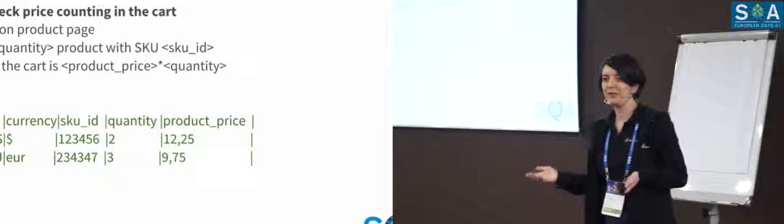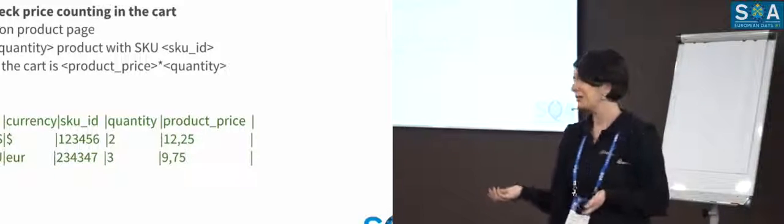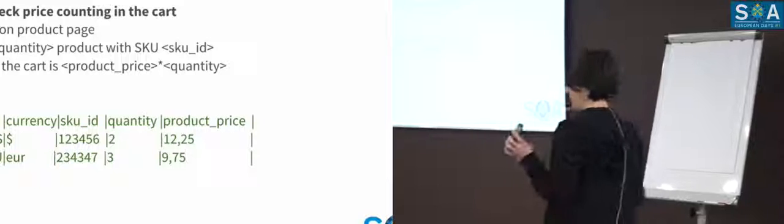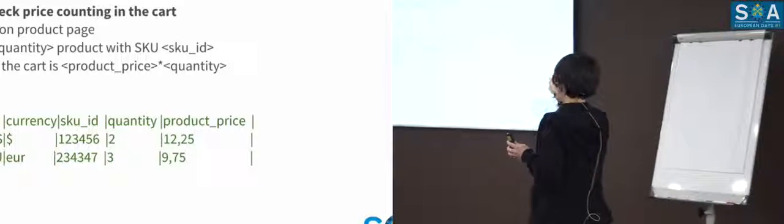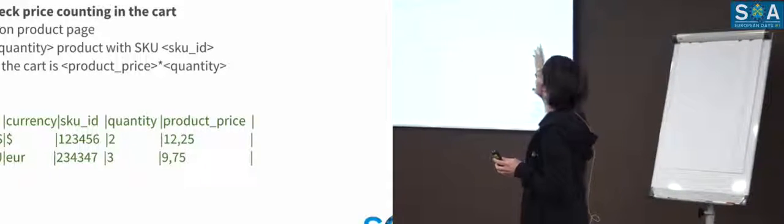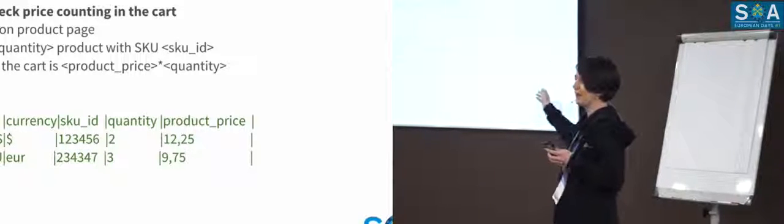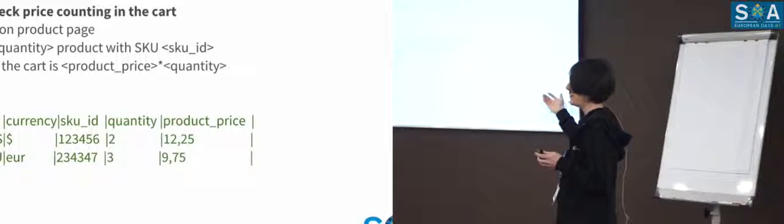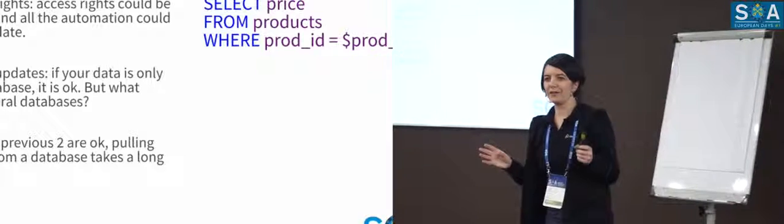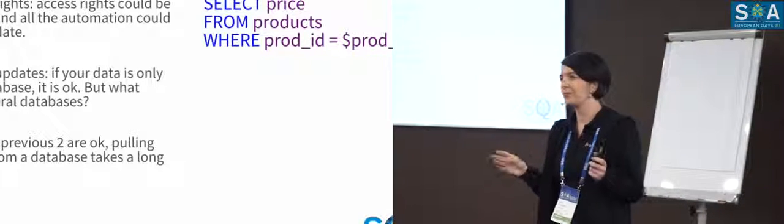But in a month, the test data is updated, and in the optimistic scenario, the product price has changed and the test is red. And in a more pessimistic scenario, we have no such product in the database anymore. The test is still red. Okay, that was the simplest way, and I think everybody knows that hard code is not very good.